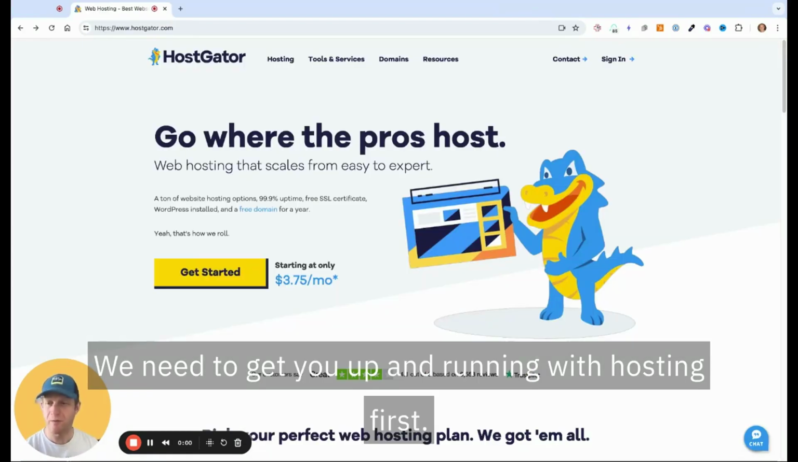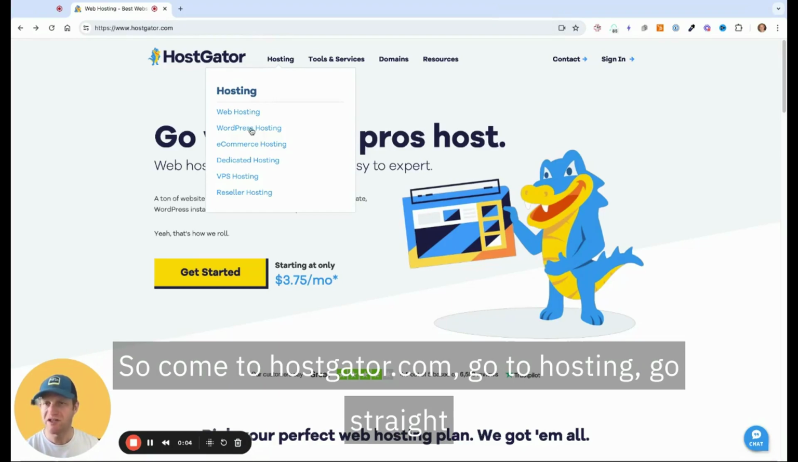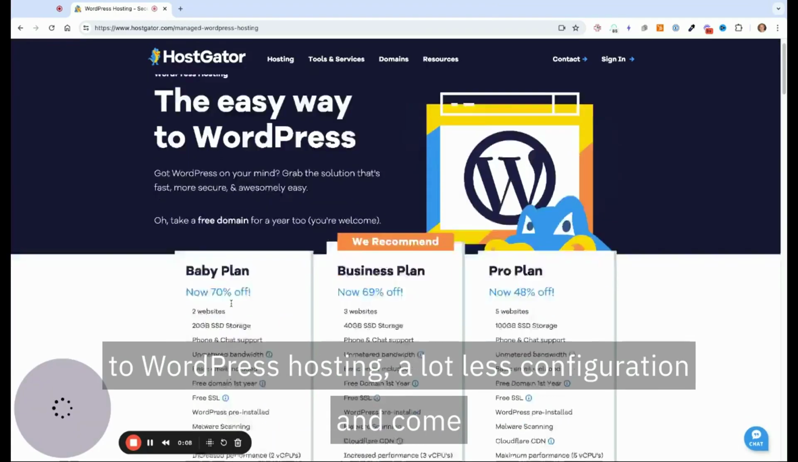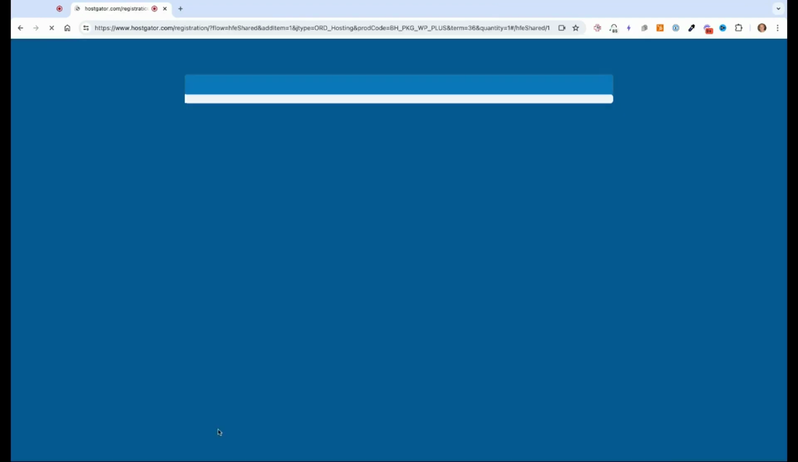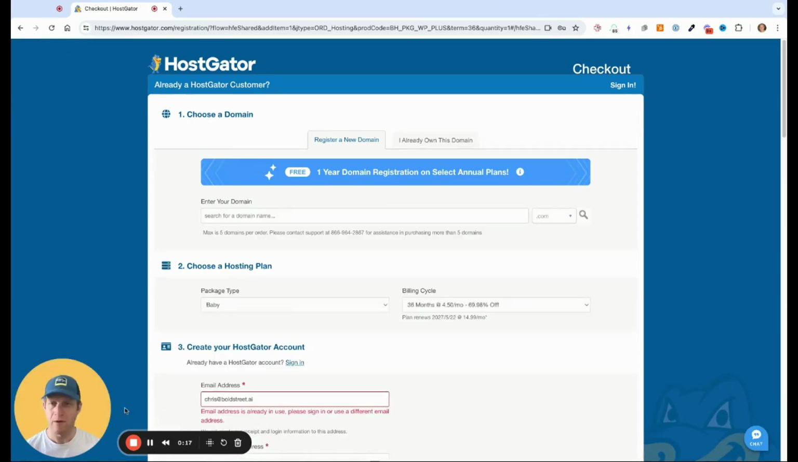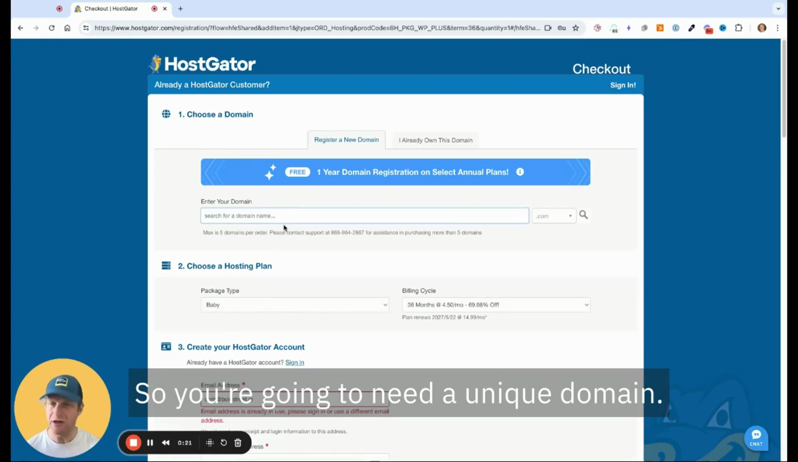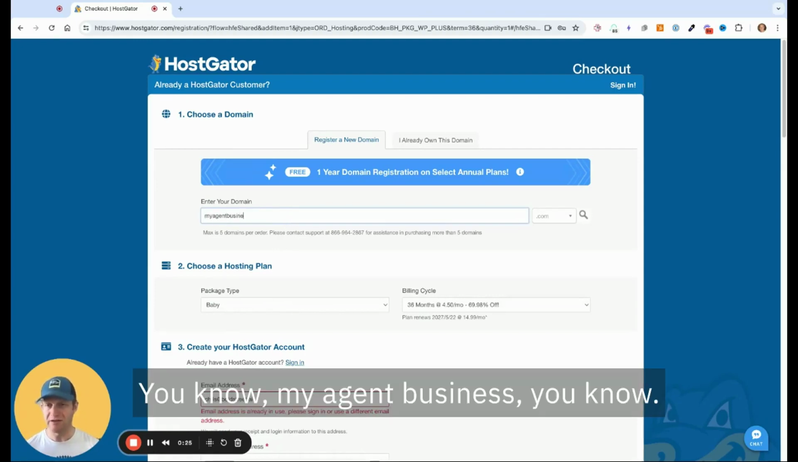We need to get you up and running with hosting first. So come to hostgator.com, go to hosting, go straight to WordPress hosting, a lot less configuration, and come down here and just choose the baby plan. And you're going to need a domain here. So you're going to need a unique domain. So, my agent business,